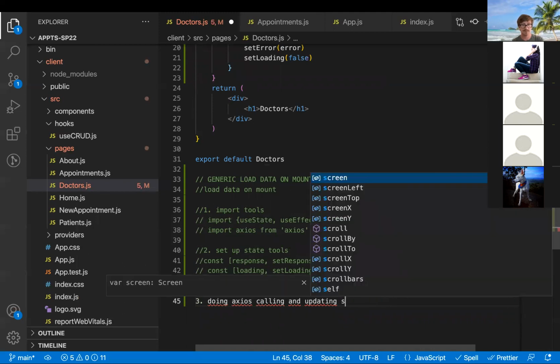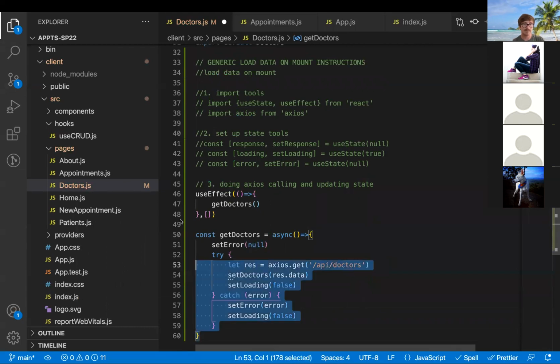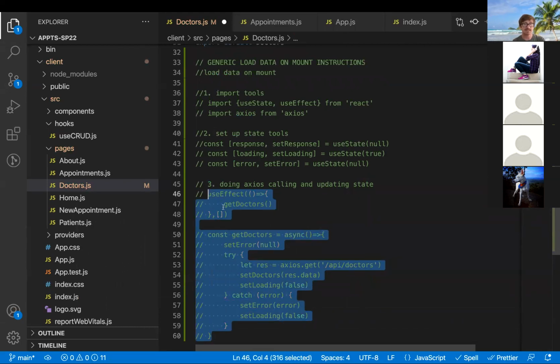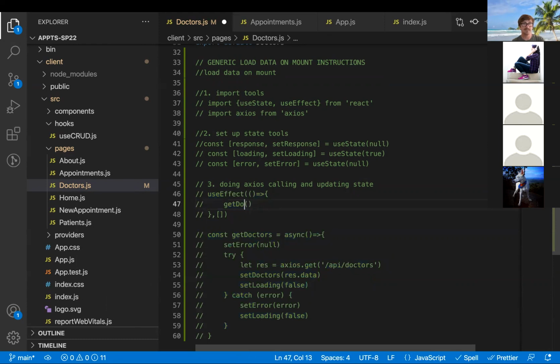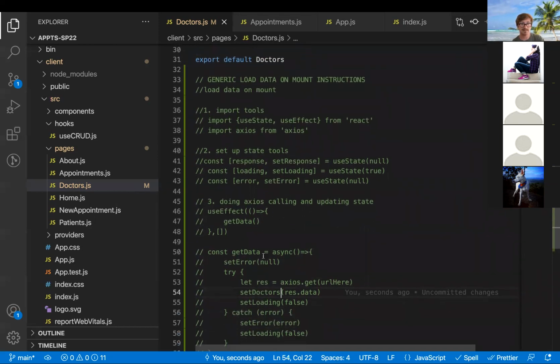All of this stuff. Now for this, it's not going to be getDoctors. I don't know what it's going to be, like getData. So this function, getData. I don't know what the URL is going to be, so there's no URL here. And with the way I'm doing this, where I have the response, maybe this is just going to be